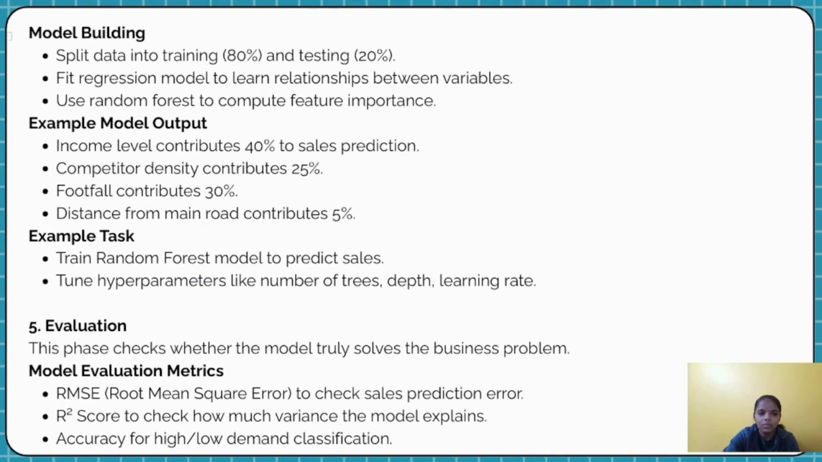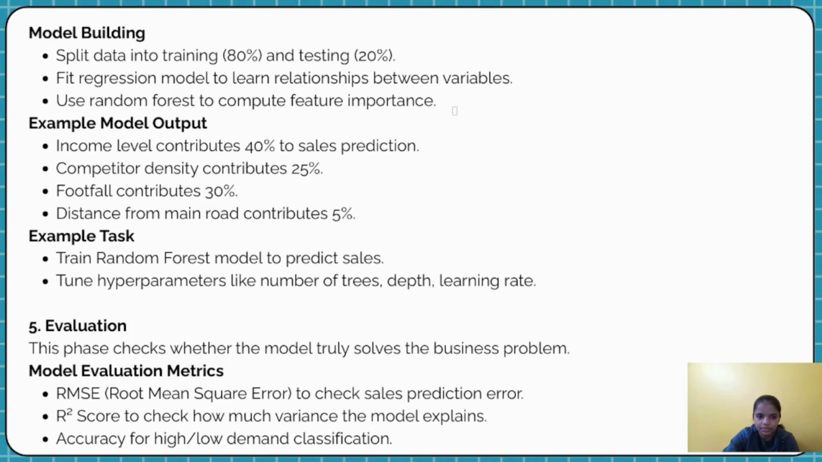In the modeling, model building first splits data into training 80% and testing 20%. Here the 80-20 ratio is used to split data for training and testing, because training consists of a larger percentage as compared to testing. Fit regression model to learn relationship between the variables, and the last one is use random forest to compute the